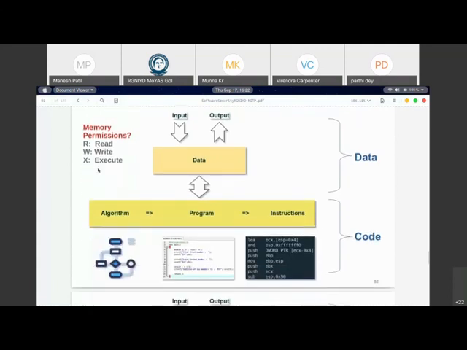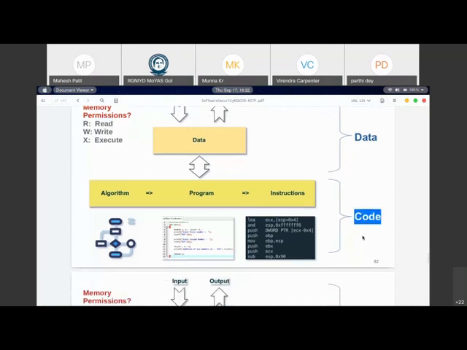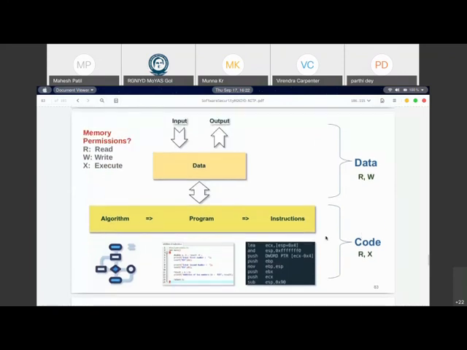When we talked about the attack, you remember that the user passed in the input and it was stored in the data part. So if someone asks what permissions you would give to the data and what permissions you would give to the code out of these three: the code segment should not be writable, but it should be executable and readable. So RX is the right permission for the code, and this is precisely what we are talking about here.